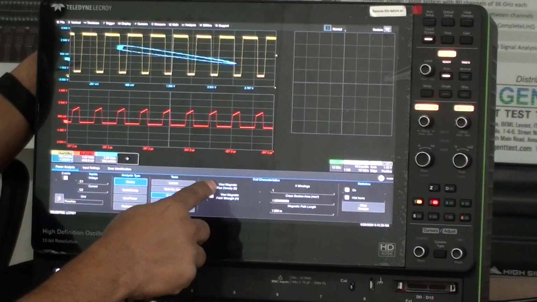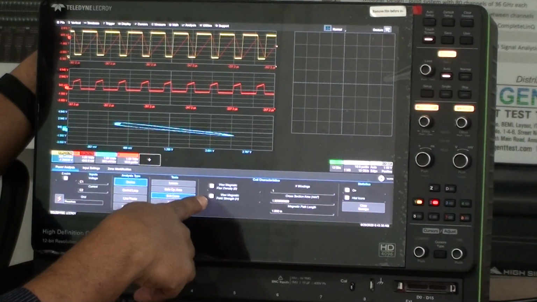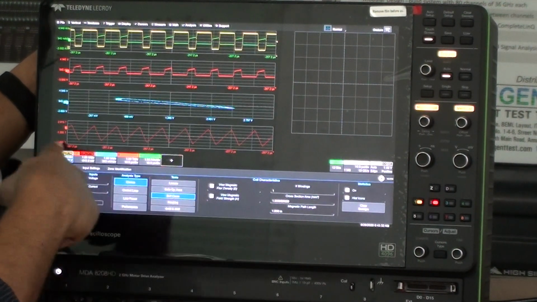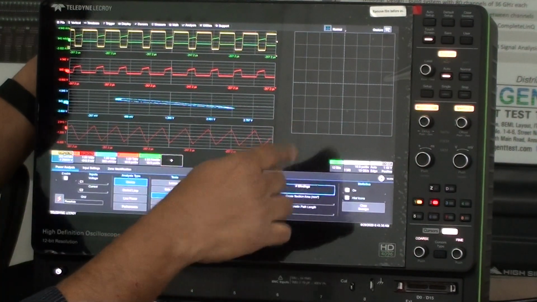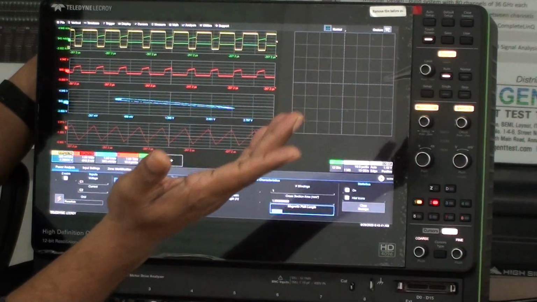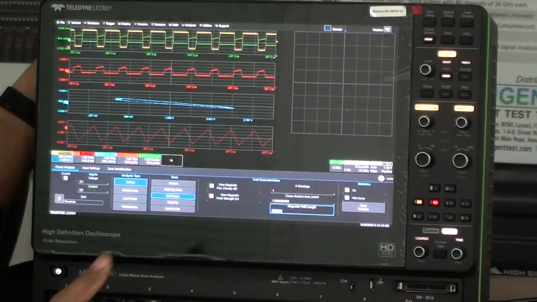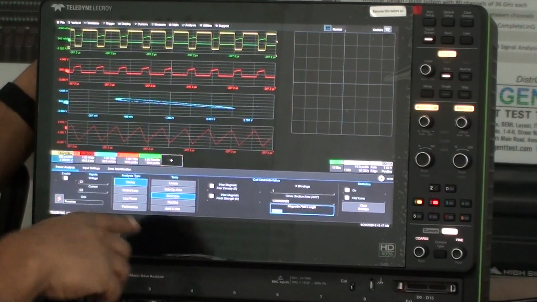You can also see a flux density. You can have a field strength. So this is a field strength, this is a flux density, this is a BH curve, and you need to give in the number of windings, the number of cross sections and the magnetic path length. Once you give in this data, you'll get an accurate BH curve and its functionality.